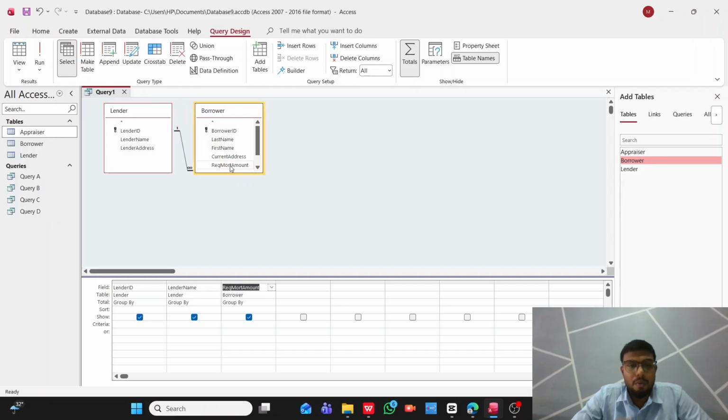Once we click the fields we want, we can go below to do the adjustment. So change the total from group by to average in the requirement mode amount, and once we change that,